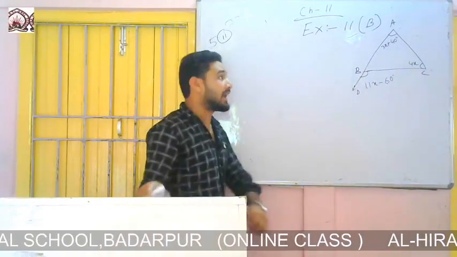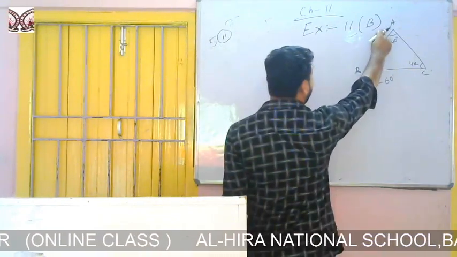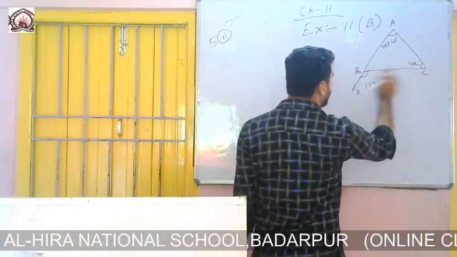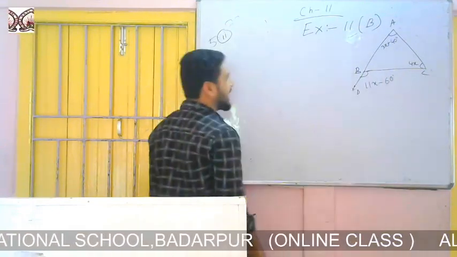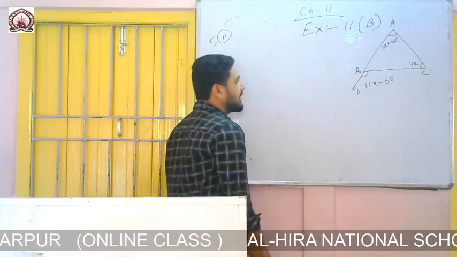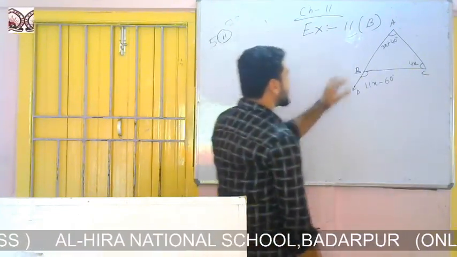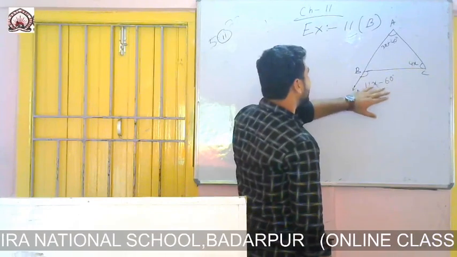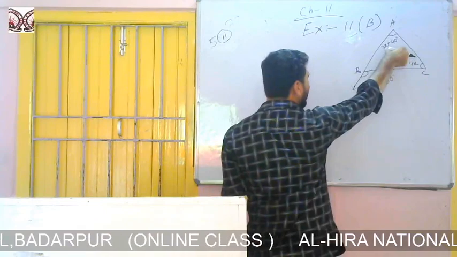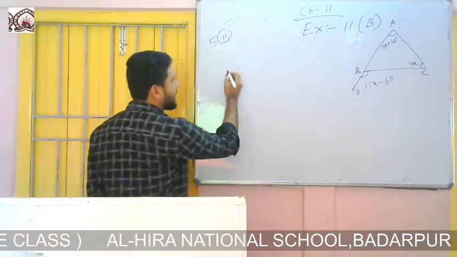You see here ABC is a triangle. And I can say that CBA, or DBC, is an exterior angle. So how can we find it? We can write the sum of the two interior opposite angles equals what? Its exterior angle. So here this is the exterior angle, so I can write this one plus this one equals the exterior angle.